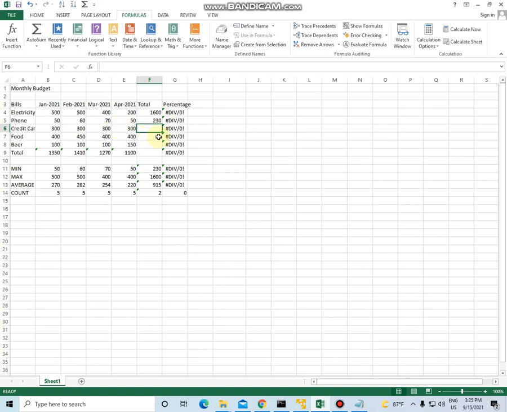So we are on E6, we click AutoSum, and you see what we got. We got only those two numbers, but we want the whole range. This isn't a big deal as long as we are aware of it and we recognize that something went wrong. We just need to select the proper range. So we will select this and hit Enter, and we got the correct result.